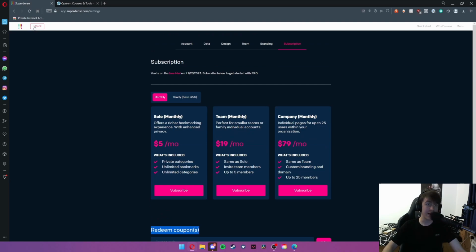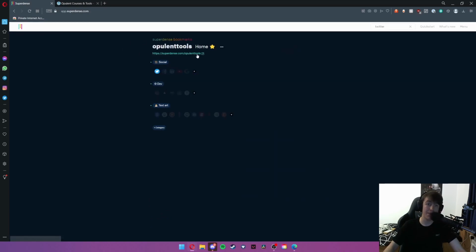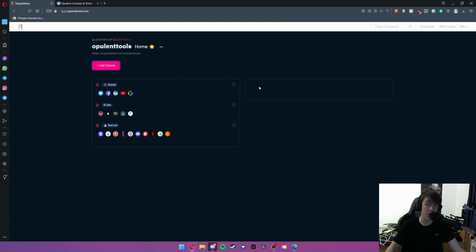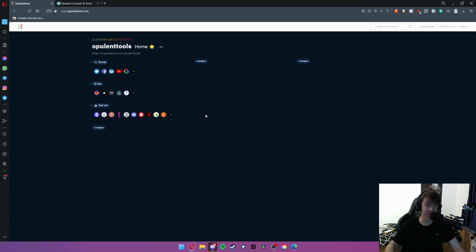Now if we go ahead and hit this back button at the top left, we head back to our main section. If I remove the search bar, we can then go ahead and hit edit. Now what edit allows you to do is add different columns, so you can actually have different sections for completely separate things. So if I add another column, it makes the page look a little bit more full, and if I add say 3 columns and then hit save, I now have 3 columns